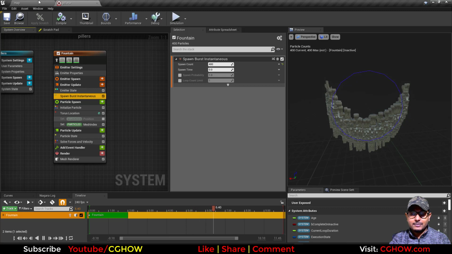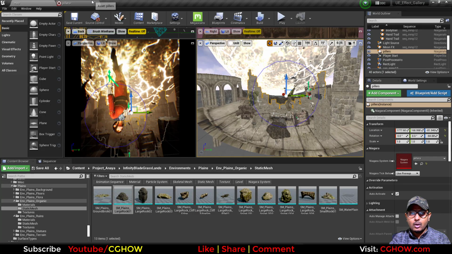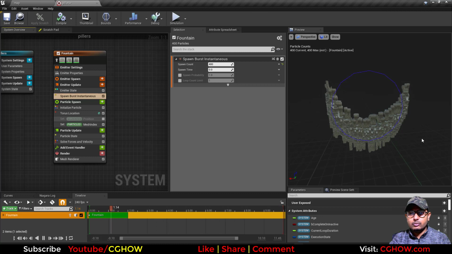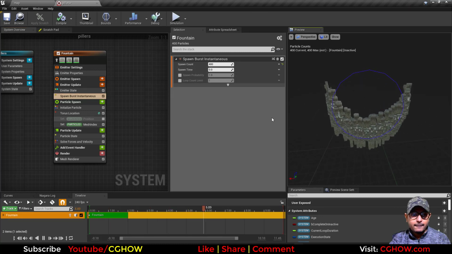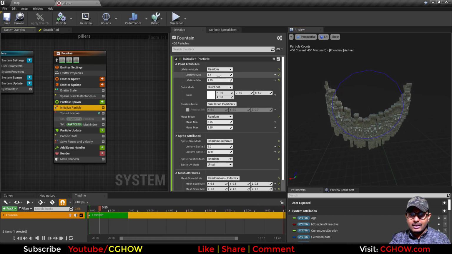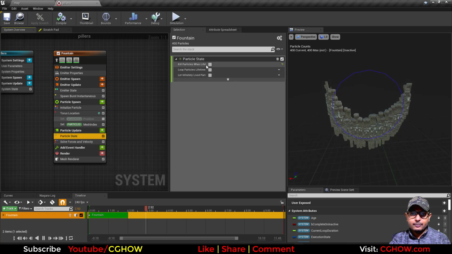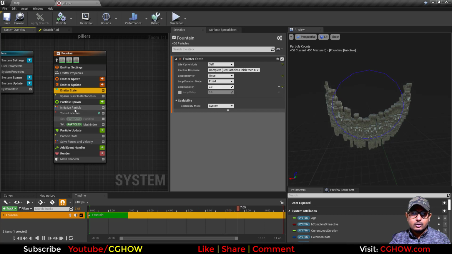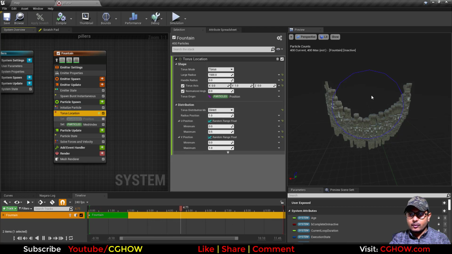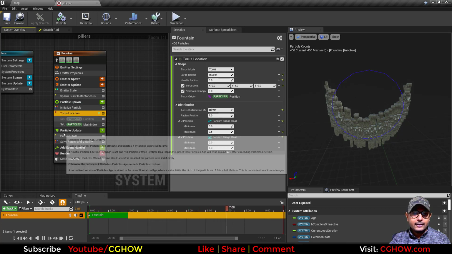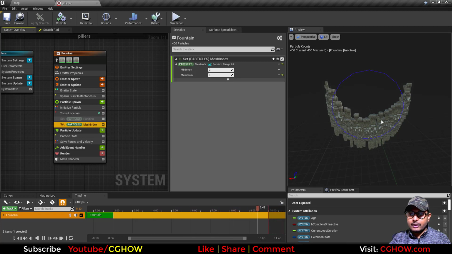This is very expensive, so this is just to show you how you can use Niagara to do things apart from FX, but 400 meshes is too much. Life is actually infinite because I unticked this, and the particles spawn once. So this initial particle life doesn't matter here, and this is my random size. Then half torus, the radius of the torus is 1500, then mesh index for random particle.